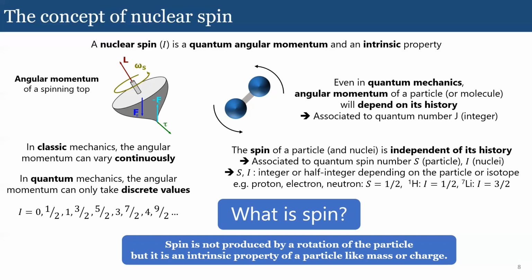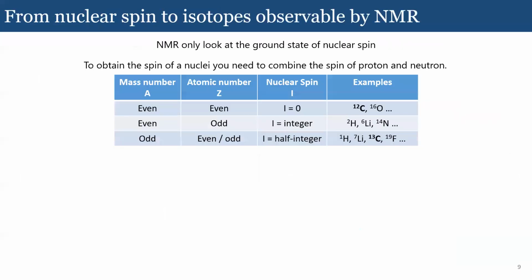So why is it not changing? Okay. So literally, to answer that question, the reason why different nuclei have different nuclear spin is that to obtain the actual nuclear spin, you have to follow a few simple rules that are described in that table. So what you really need to understand is that, for example, if you take carbon-12, you're going to have a spin value of 0, while if you take carbon-13, you're going to have a spin value of